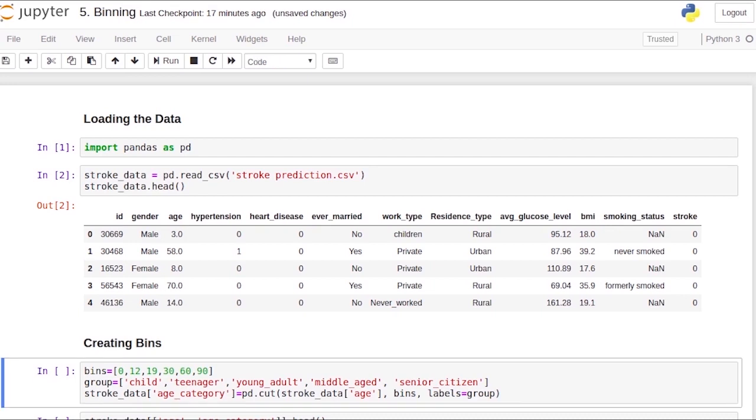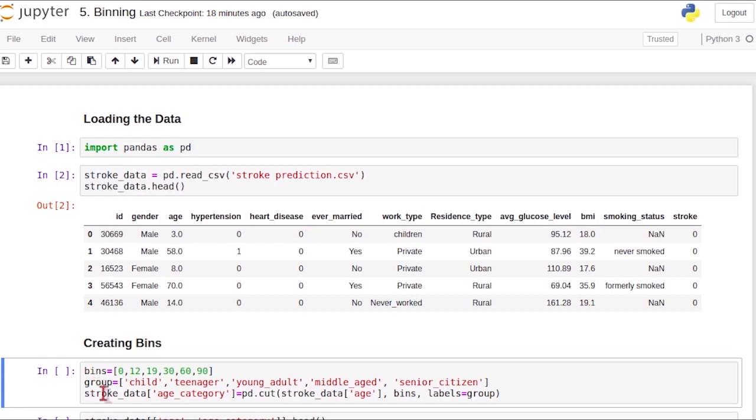We'll first store the range for each category here in the bins variable. And this will be in the form of a list. These are basically the bin edges or the lower and upper values of the range. Then we'll store the names which we want to give these ranges. As you can see, I've given the following labels: child, teenager, young adult, middle-aged, and senior citizen, and stored it in a list called group.